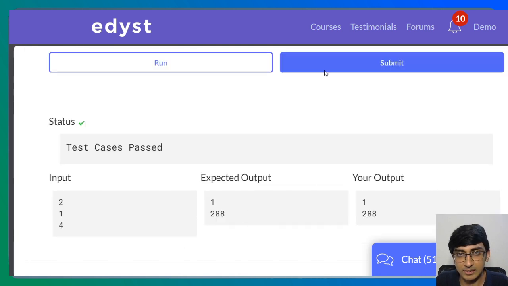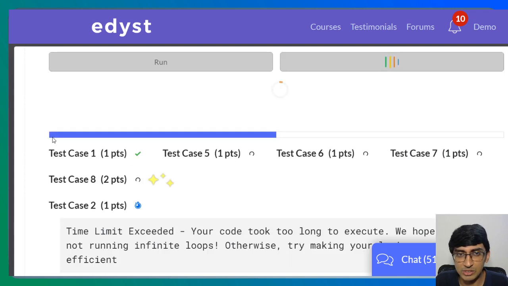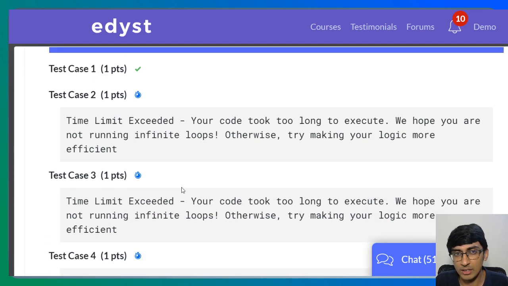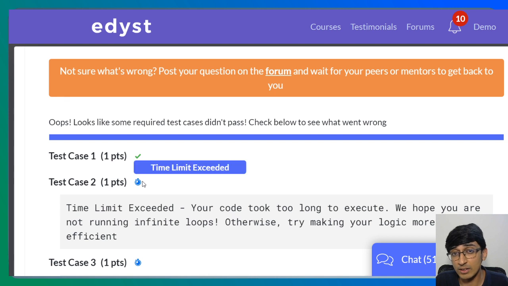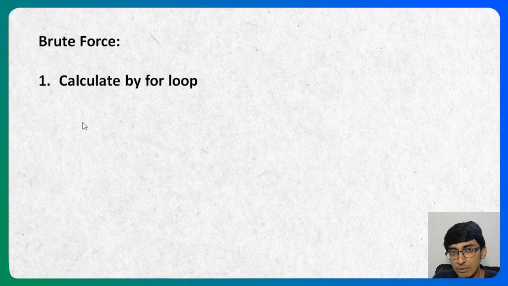Yeah, so now we're getting this for run, that is for a small test case for like 1 and 4. But the moment we have really large test cases, this would just give us a time limit exceeded, right? So it's passing one test case, we got 1 point, and that is probably the same as our first test case. But everything else, we are getting a huge time limit exceeded everywhere. It's not even a wrong answer as such. So that modulo could cause a wrong answer, but forget reaching that modulo. We are getting a time limit exceeded because that entire loop itself is not compiling. So we need to find a better solution. So a simple for loop is not going to help us.